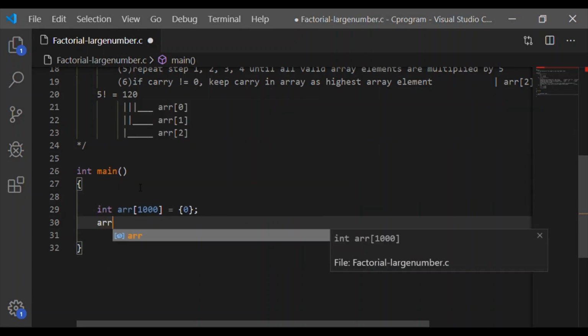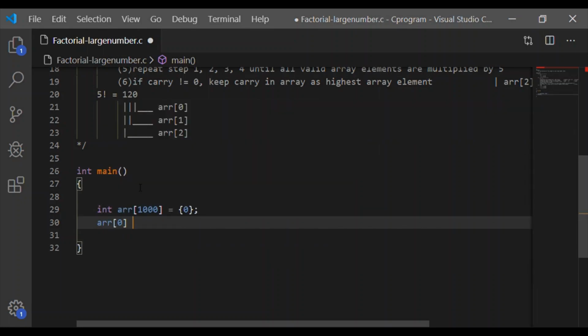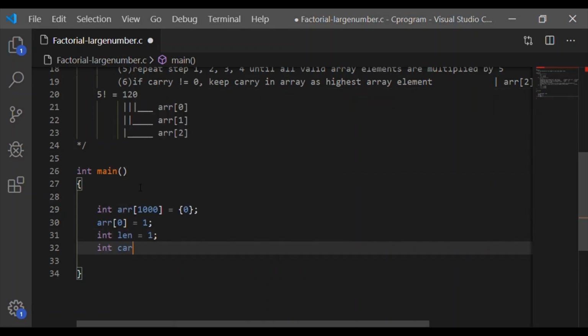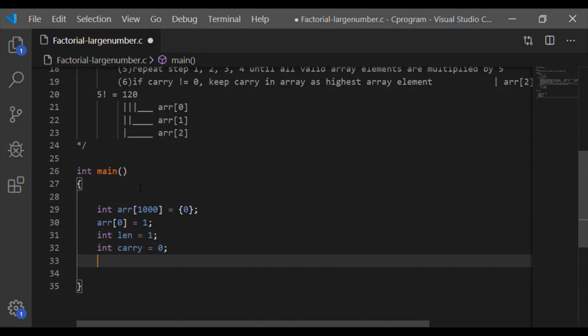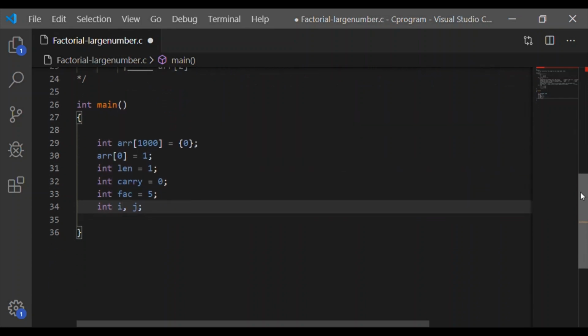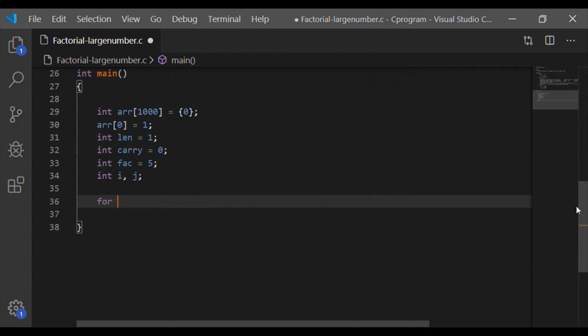Let me initialize an array of size 1000 to 0. I take 1000 so that 1000 digits can be kept in this array, and initialize array of 0 alone to 1, because to find factorial of 1, the length is also 1, and we can give the result with array of 0 as 1.